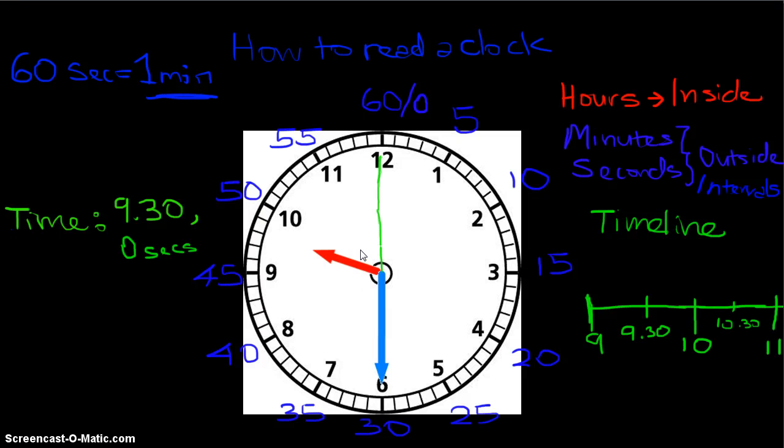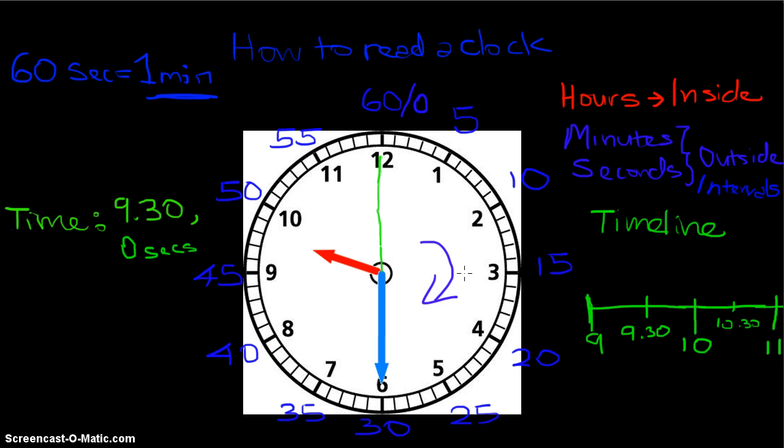Okay, for this video, I'm going to explain why you read this hour hand as 9 and not 10. Although it's in between 9 and 10, you read it as 9:30. Why? Because if you rewind the clock backwards, remember how I mentioned that every